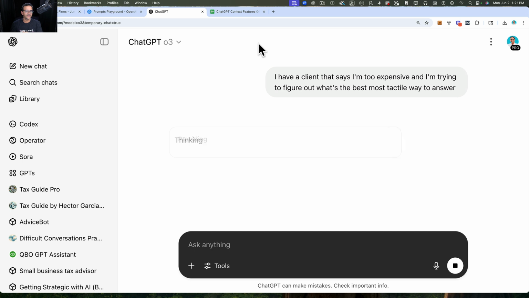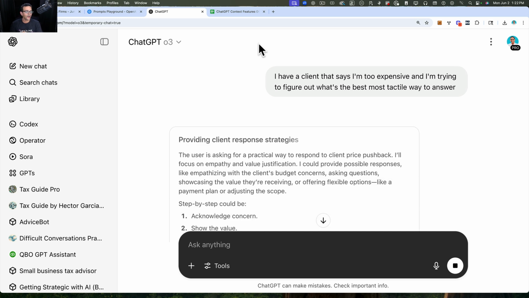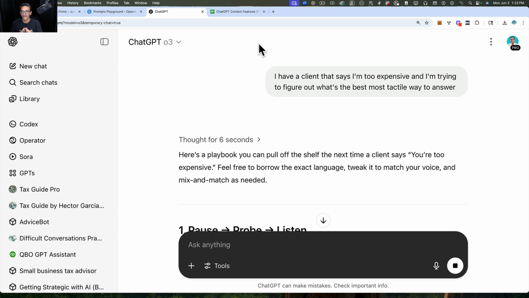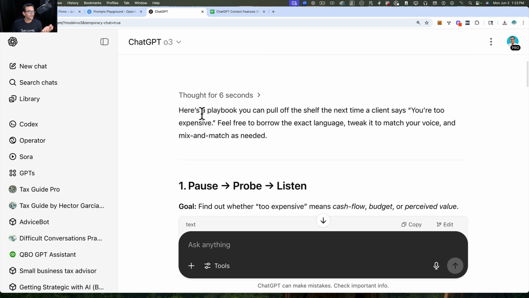Now, keep in mind that I believe the temporary option is only available on the paid editions. So if you're on the free edition, you might not see that. I haven't used the free edition in a very long time. Quite honestly, I don't waste my time with the free edition, because the free edition is very restrictive, and I like to take control over what I want to do. So when we go with the O3 model, again, we didn't even change the context. We just changed the model.